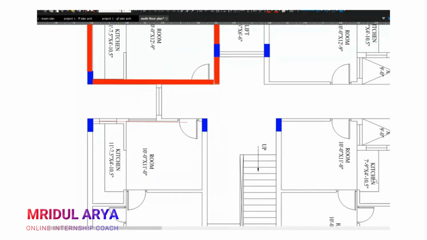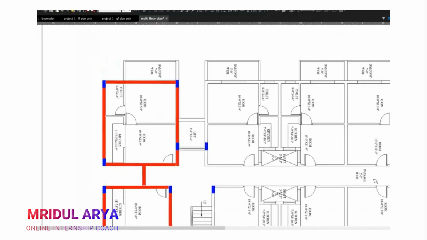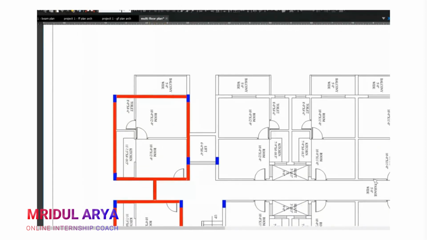Okay. My next beam will be at this location. I will try to cover each and every block, okay, and we'll move to the next block. In a large building, it's really easy to go block by block so that you just complete each and every step one by one. Okay. Now we are stuck at this location where we have a balcony.